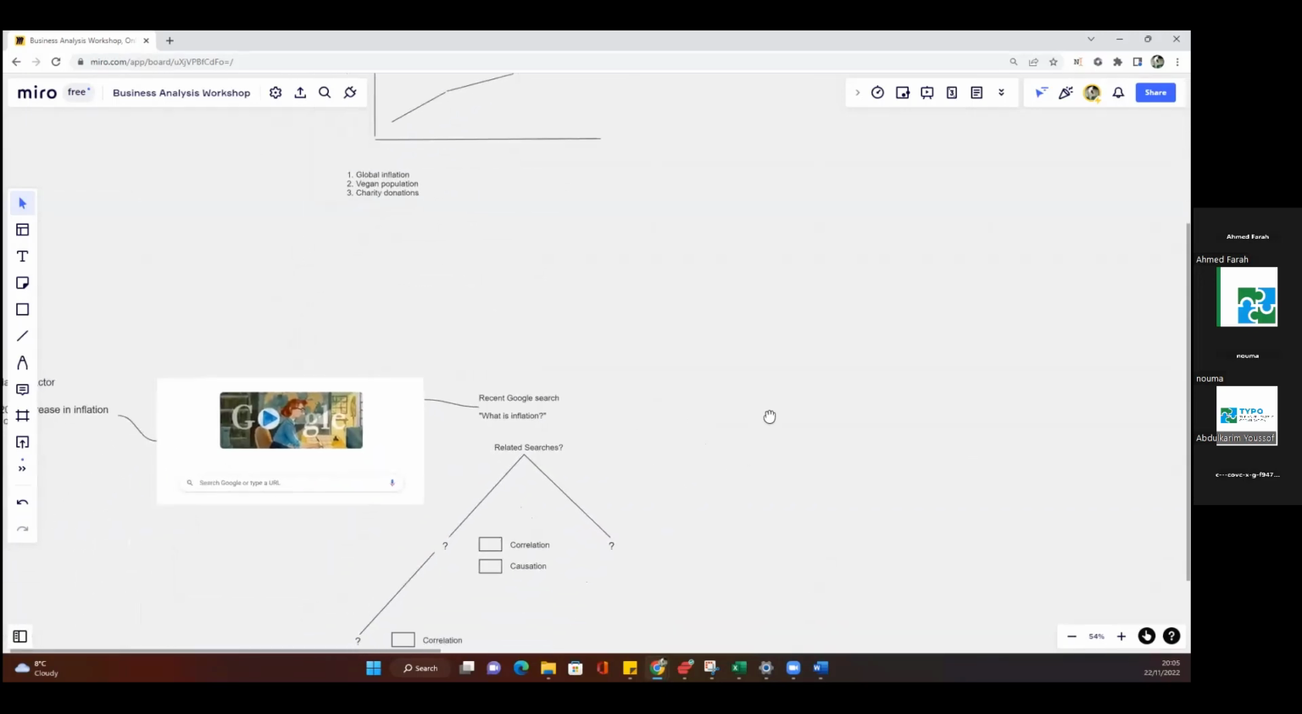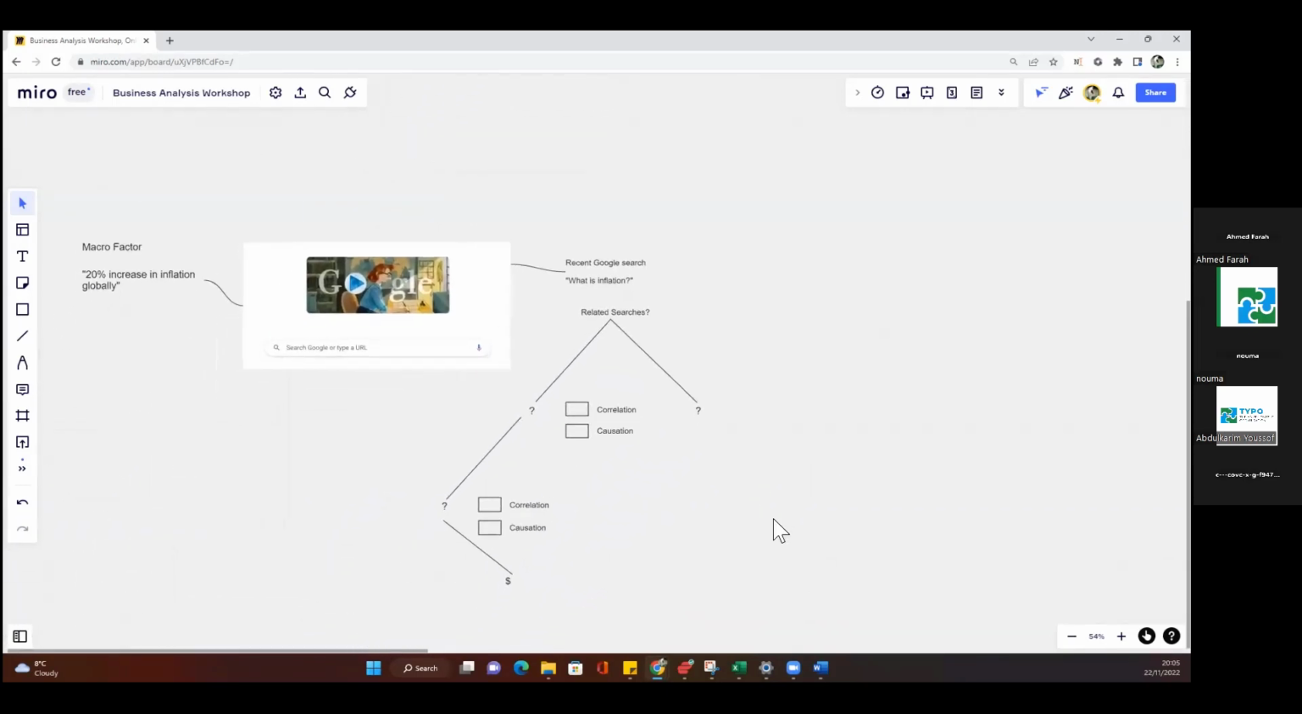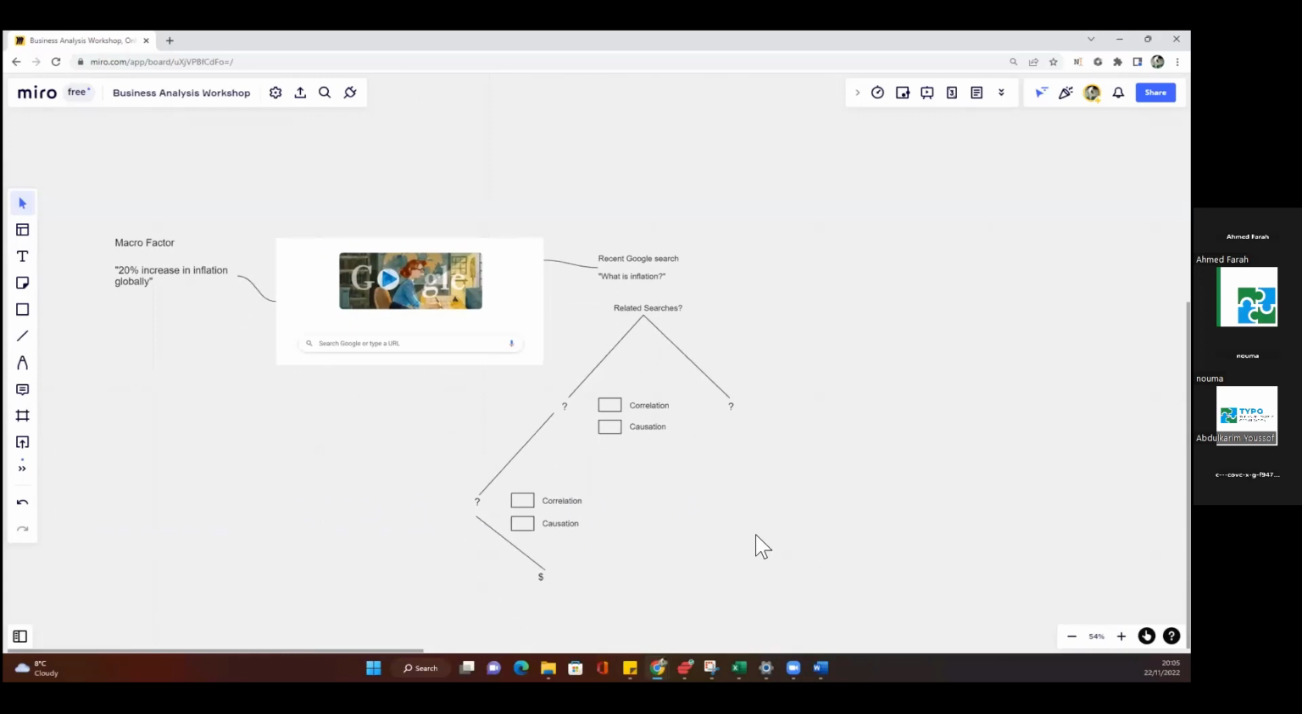So if we go to the next item here, the concept that I'm trying to talk about is if you have a macro factor, meaning a macro event, something that's